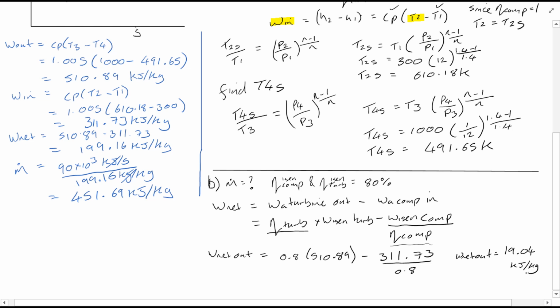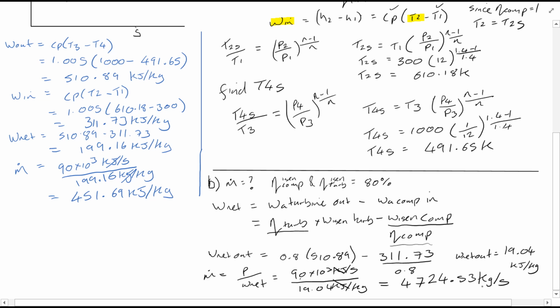19.04 kilojoules per kg. Then calculating the mass flow rate, which is equal to power, of course, over W net out, you're going to get 90 times 10 to the 3 kilojoules per second divided by 19.04 kilojoules per kg, and that's going to give you a value of 4,724.53